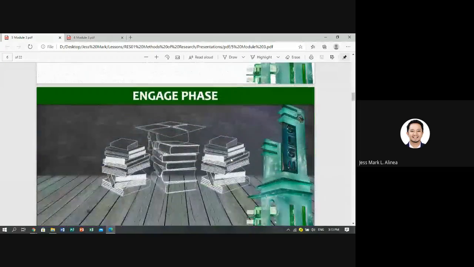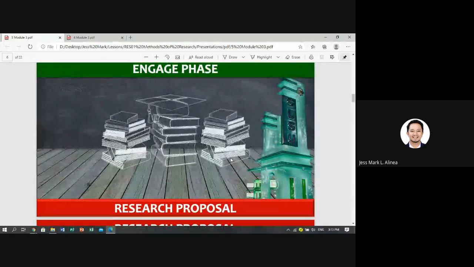Ang pag-uusapan natin ay ang content ng research proposal, pero ito ay overview pa lamang ng kabuuan kasi ito ay bibigyang detalye sa Module 6, Module 7, and Module 8. For preliminary term, we will be targeting to finish Module 1 to Module 6. Pagdating ng midterm, isang module lang tayo, that's Module 7. Pagdating ng finals, isang module lang din tayo, that's Module 8.